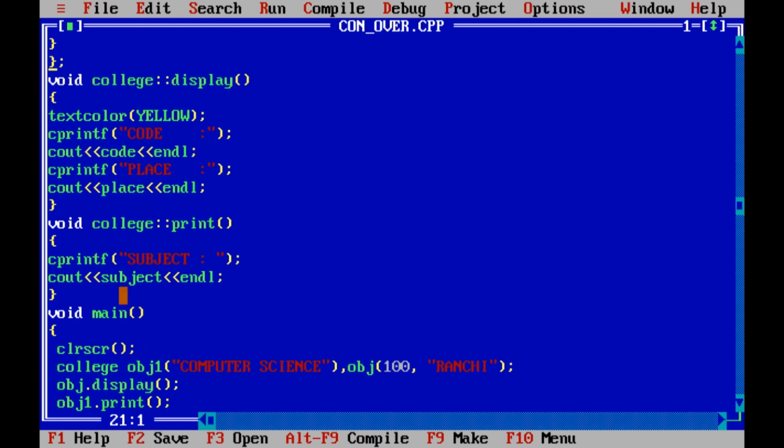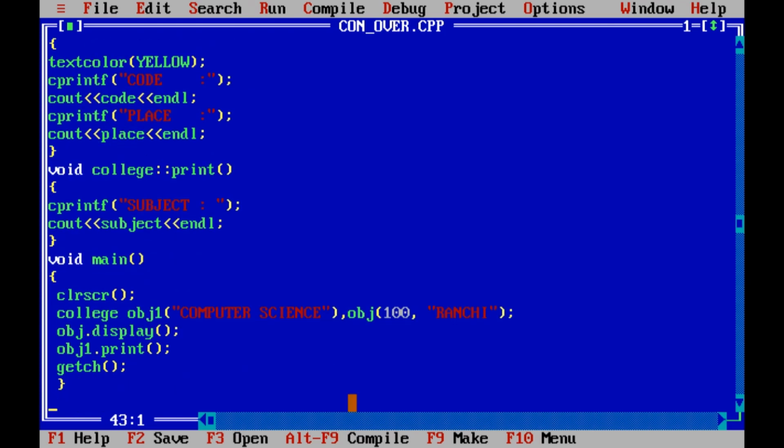Inside this we have written cprintf again. As we have already set yellow, subject colon will also be printed in yellow, and in subject we have passed computer science, so computer science will be printed, and this is closed here. Again we return back over here. So print will also be executed and give us the output. And now getch, the close of the program.